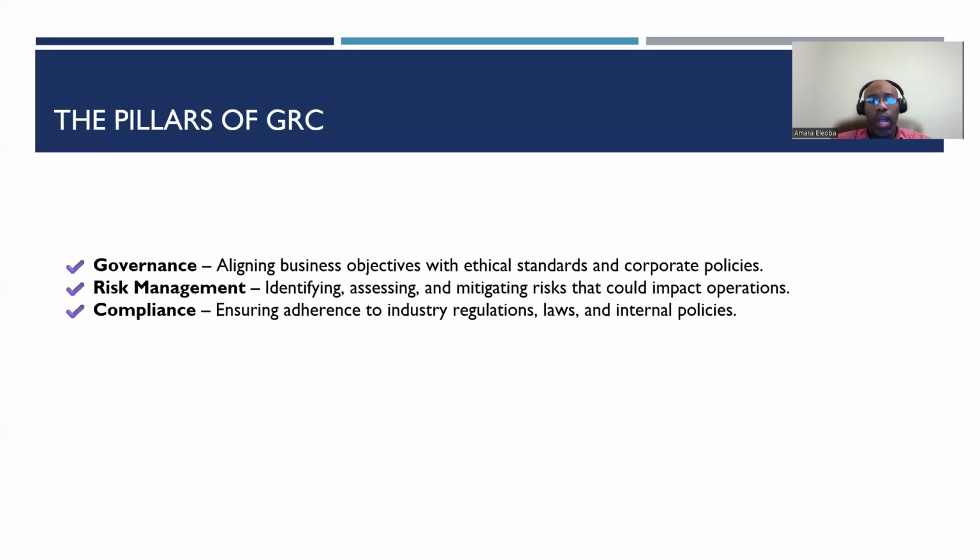Now, within GRC, we have the pillars of GRC: governance, risk management, and compliance. Now, the governance pillar of GRC helps organizations to align the business objectives by working on corporate policies. It's just like you want to build something. How can you build something if people don't understand what is required of them, right? So the most important pillar within GRC is governance, because governance will determine how we are going to make sure the organization is meeting its vision, mission, and objectives.